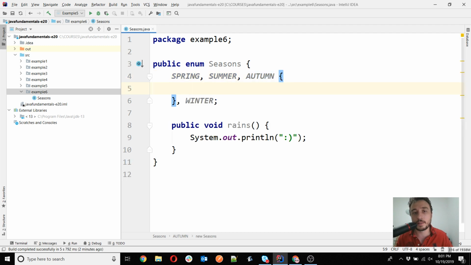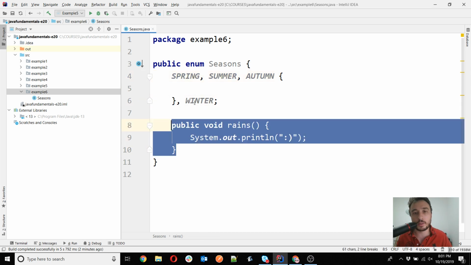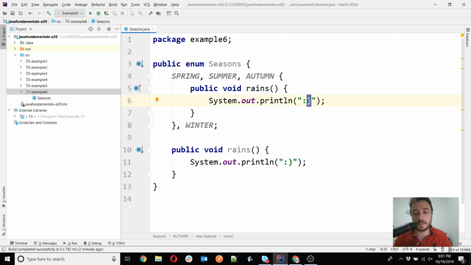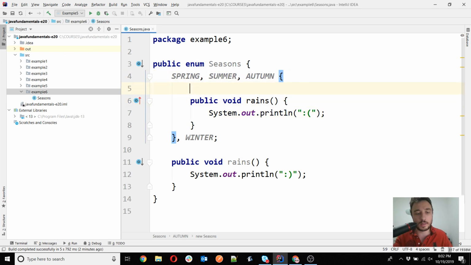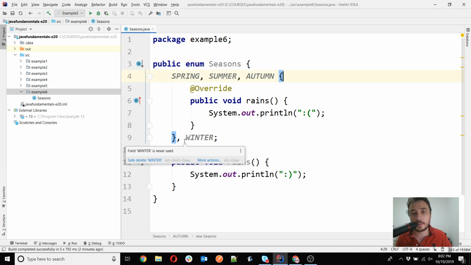of the seasons, you have this syntax in which you open the curly braces here, and then what you can do inside the curly braces is basically override the method, and I can even use the Override annotation here to show you that this is really overriding the method in the enum. So it's a very ugly syntax. In my point of view, it is only theoretical, and you will probably never see it in a practical scenario, but I have seen this in one of the OCP exams,